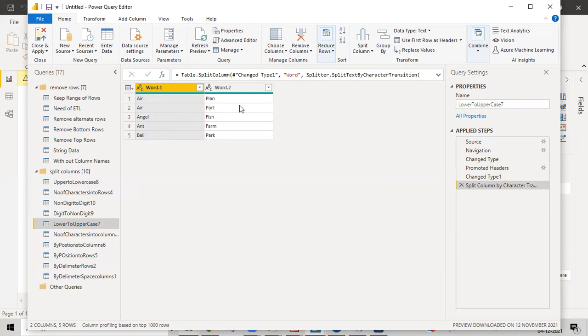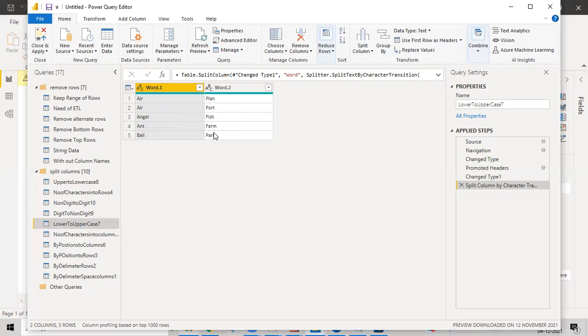We also know how to split using left, from 3 characters or 4 characters. But here we don't know how many characters there are. Sometimes it is 3 characters and sometimes 5, depending upon the first name length. We can't give a character count and ask it to split, and there is no delimiter between them either. The only thing is that the last name starts with a capital letter, so this is the logic we find to break that thing.